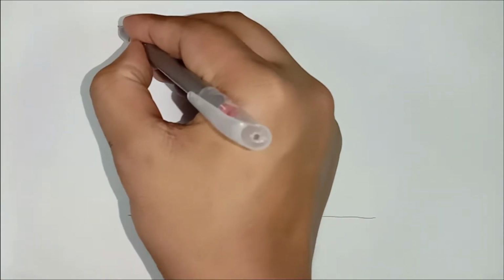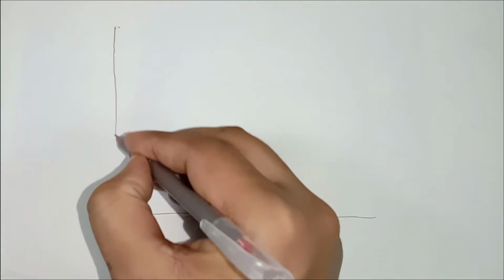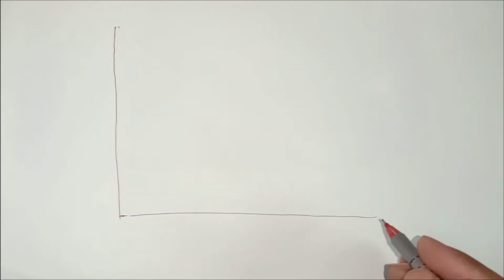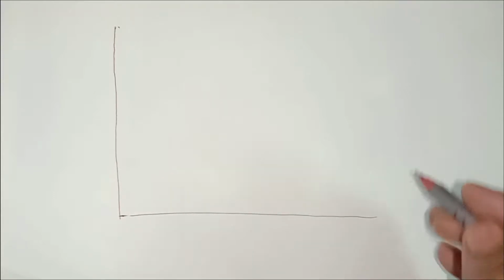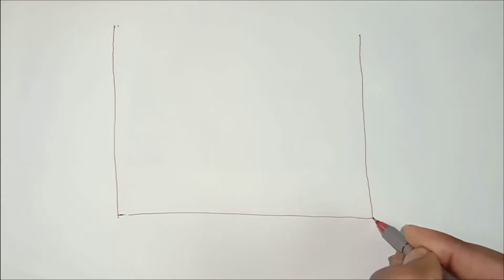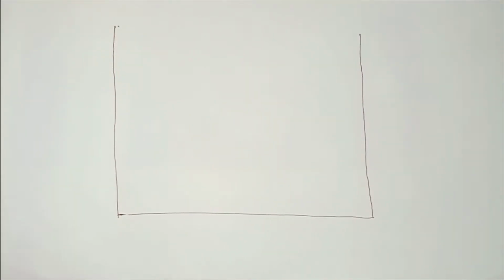To draw the iron carbon diagram, first of all draw a horizontal line. Now draw a vertical line on the left side. You have to draw a vertical line on the right side too. The vertical line is the temperature axis and the horizontal line is the weight percentage of carbon, or it is simply called the composition axis.